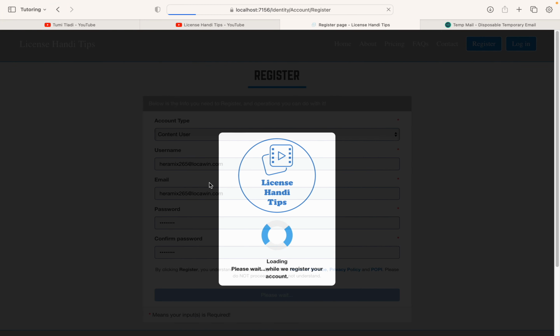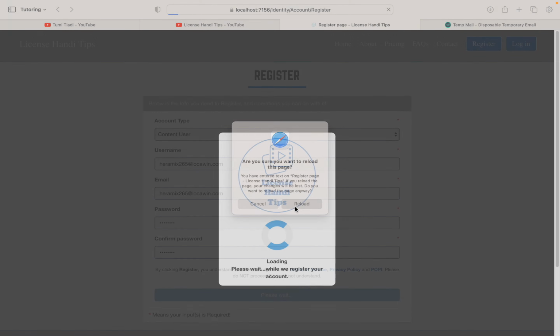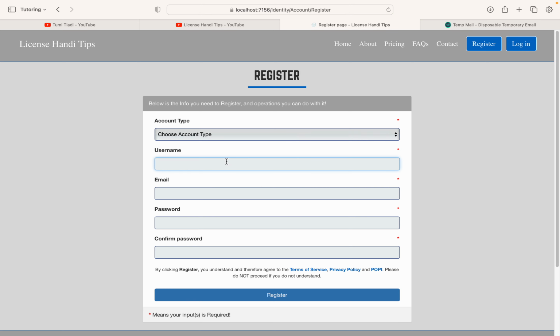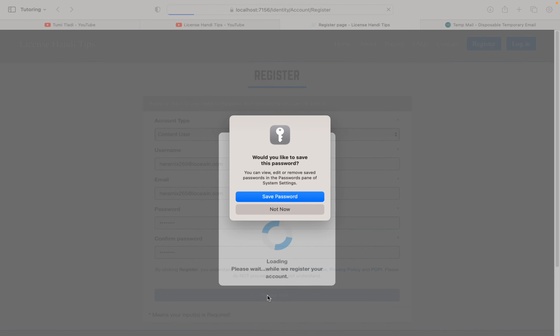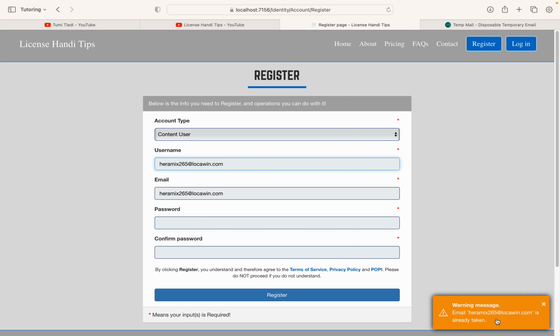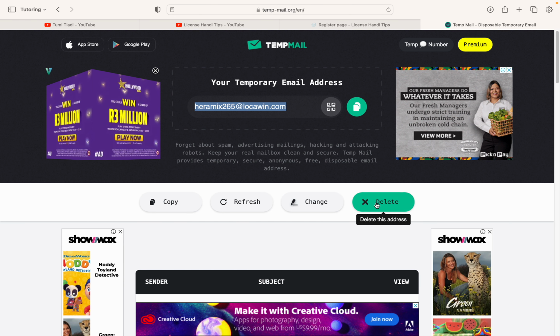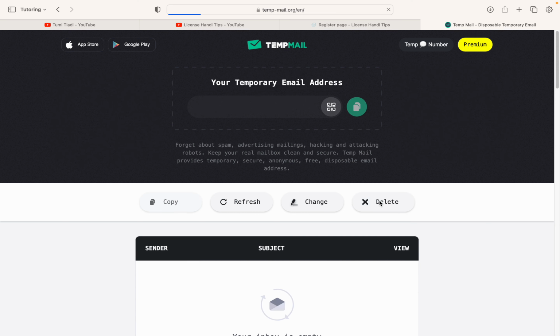But first, let's see. For some weird reason, I'm not sure why it's taking this long to do this. Okay, let's hit reload and let's see if we can trigger that. You find that it has already created the account. It's fine. Let's choose this guy to be user and let's see now. It's worth noting that it's already taken, like I said. It did create it, but it struggled to. It's fine. Let's get another one,